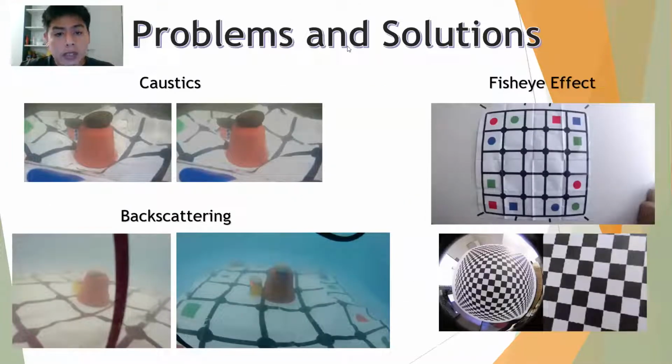We have some problems, and I propose some solutions. For example, the caustics. The caustics happen when you take photos in shallow depths. The solution is to move the camera, or take photos at greater depth. And